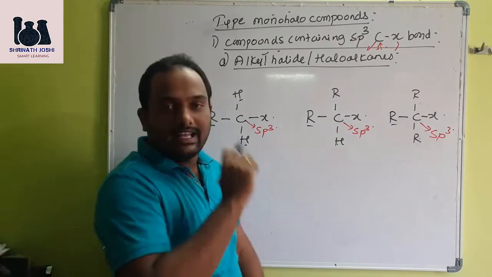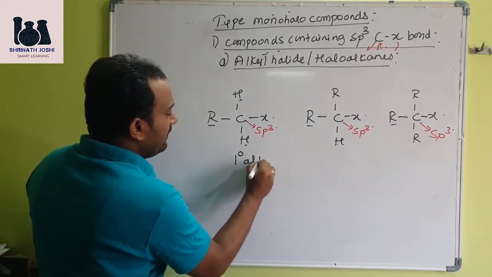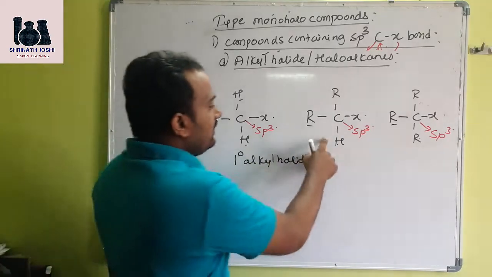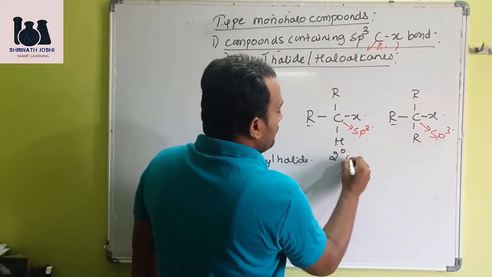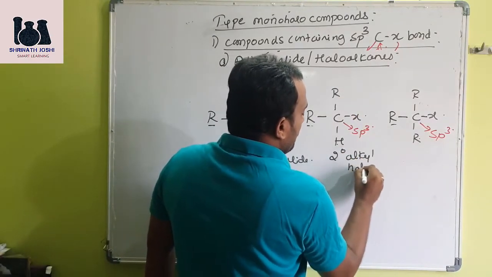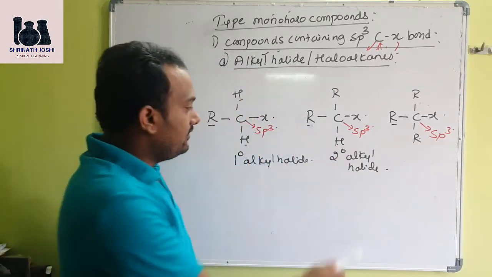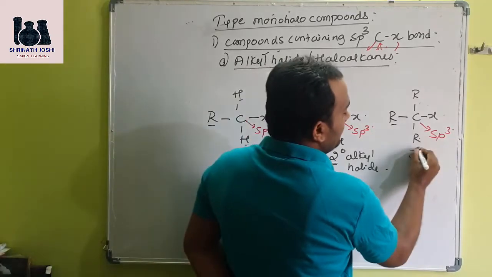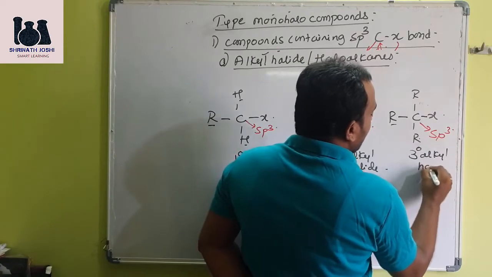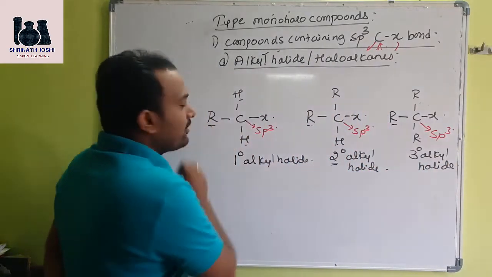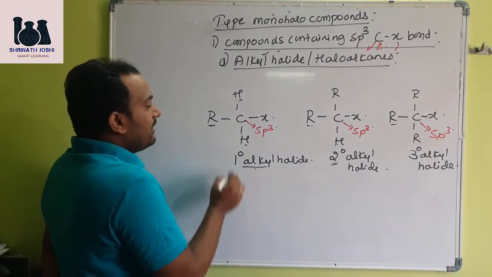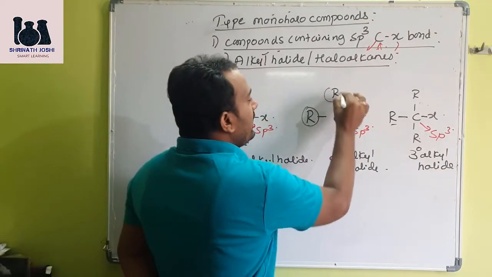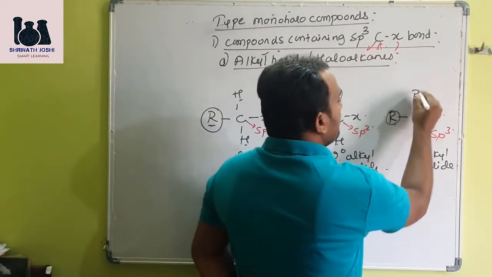Depending upon the number of alkyl group, we call the first one as alkyl halide. Which alkyl halide it is? 1 degree or primary alkyl halide. Second one, 2 alkyl groups are there. We call it as a 2 degree alkyl halide. Don't think that first one is primary, next is high school, right? This is supposed to be called as secondary alkyl halide or 2 degree alkyl halide. Third one we call it as tertiary alkyl halide or 3 degree alkyl halide, depending upon the number of R group which is bonded. Primary alkyl halide are those which contain only one alkyl group. Here R stands for alkyl. Secondary are those which contain 2 alkyl groups. Tertiary are those which contain 3 alkyl groups.